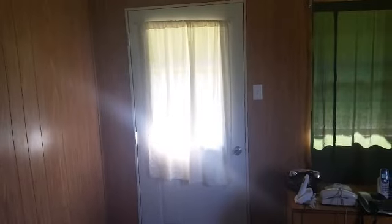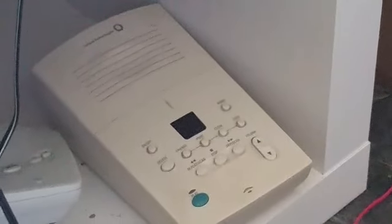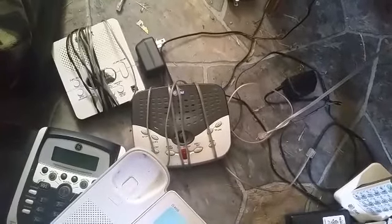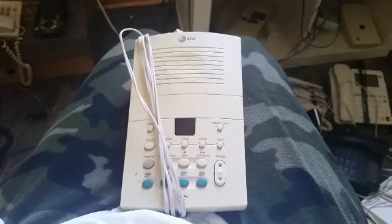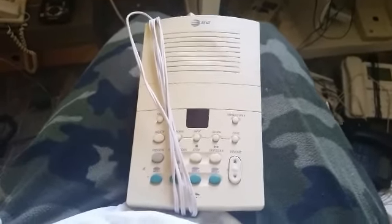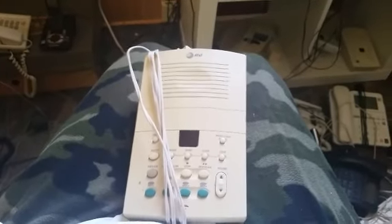Anyways, everyone, we're gonna move on to the digital answering systems now. The ATT Lucid Technology 1715 digital answering system. The ATT 1719 digital answering system from Lucid Technologies and ATT. The ATT 1722 digital answering system. The ATT Lucid Technology 1725 digital answering system, which of course this is the older version, and for one broadcast